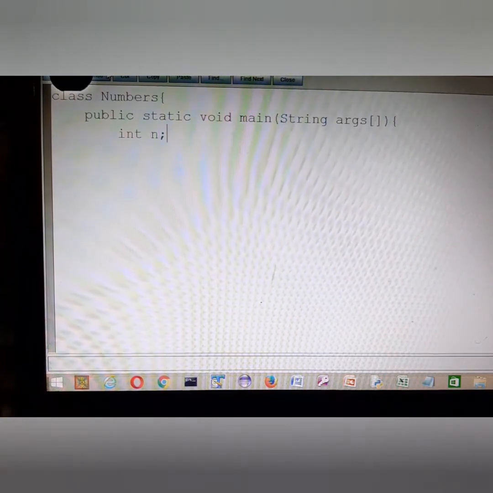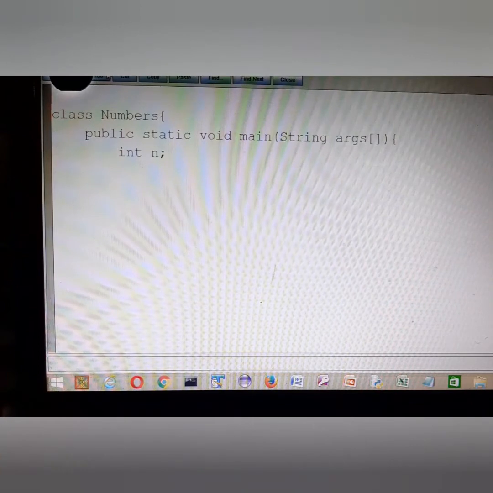In this case, we will be importing java.util since we have to enter a number which the user will give, for which a table is required. We will write here import java.util.star.